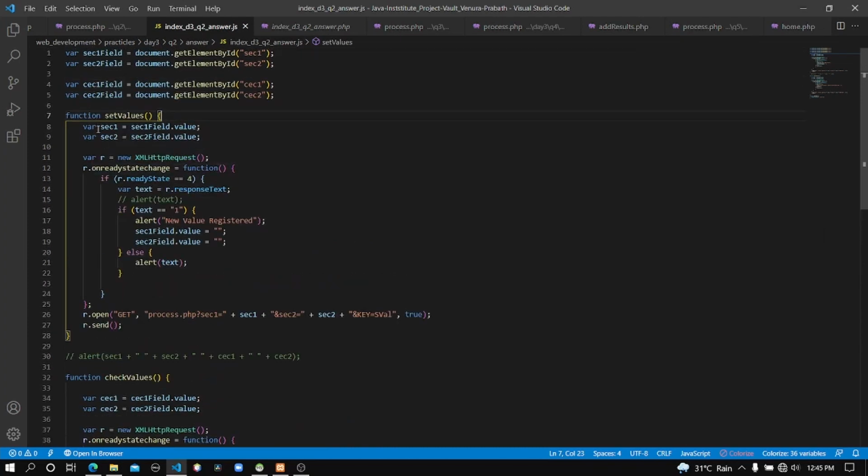And here you can see I created two new variables and assigned the values inside those elements. In this part, sec1 field is the variable name. That means in that variable I stored the input element, so I call that input element using the variable name.